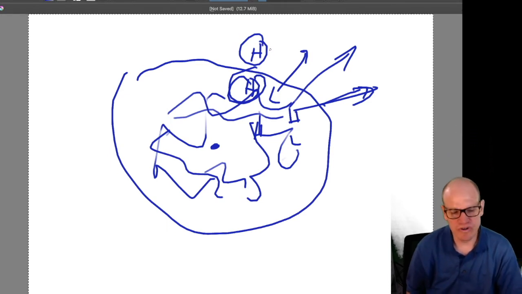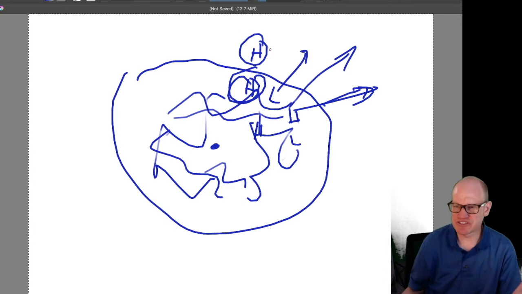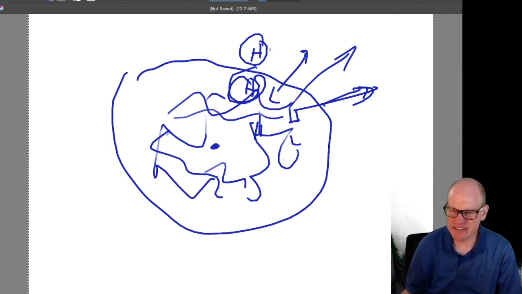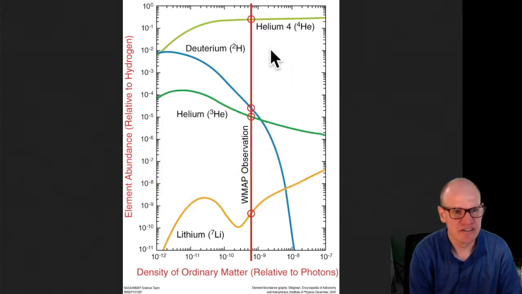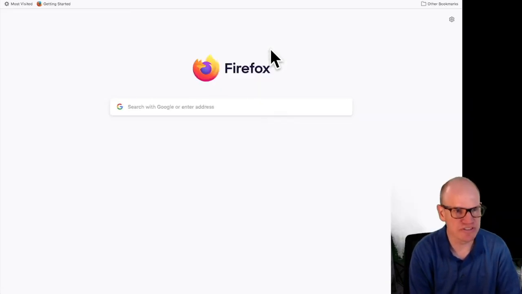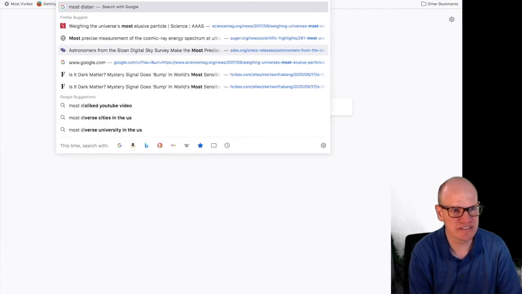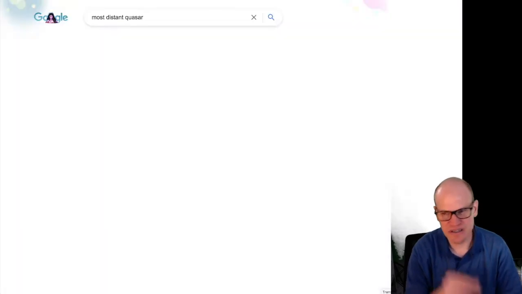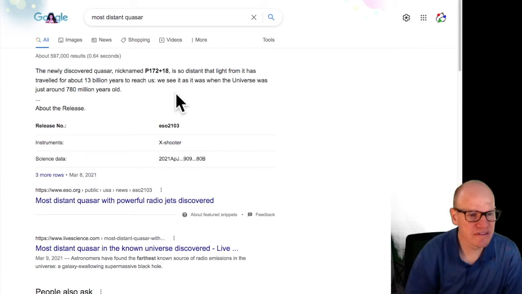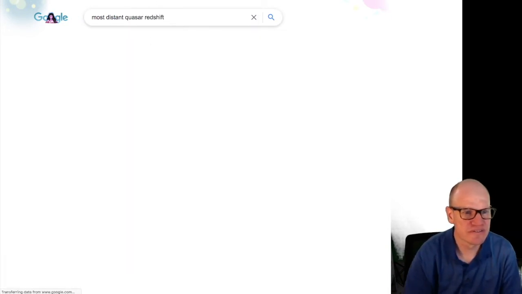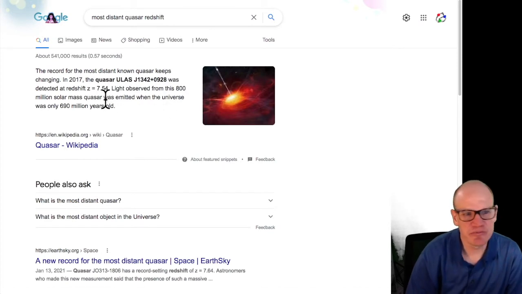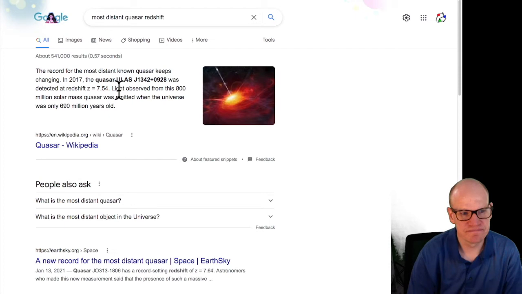Yeah, so the quasars that we observe, like the most distant quasars, like redshift 8, something like that? And so I don't even think it's redshift 8. I think it's like redshift 6 point something. Let's take a look at that and see. Most distant quasar. It has to be redshift 7.5. Redshift of 7.5 is the earliest quasar that we have.